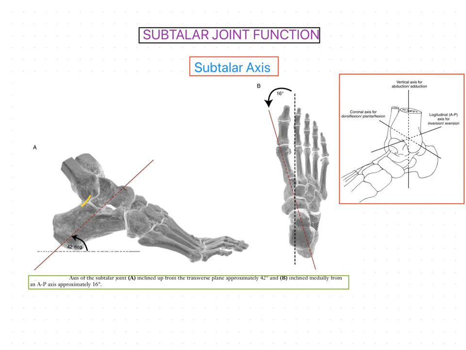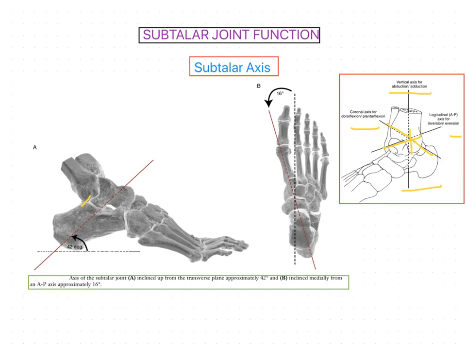So already we know the different planes of motion. These are the cardinal planes which occur in the ankle and foot complexes. In which axis what movements are going to take place, we have already discussed, but always keep these cardinal planes in mind to understand this triplanar motion which takes place in the subtalar joint.